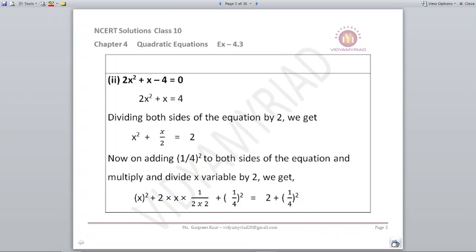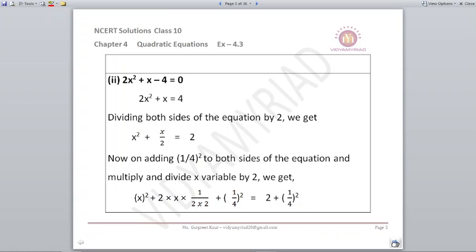So 2 multiplied by x multiplied by 1 upon 2 is already there and multiply by 2. That means with 2 I am multiplying and dividing the center element or the x variable with plus 1 upon 4 the whole square. Now from where I have got 1 upon 4? Because if you look into the explanation, x square plus 2 into x into 1 upon 4, that becomes 2 into a into b.